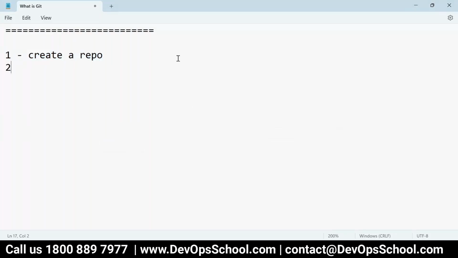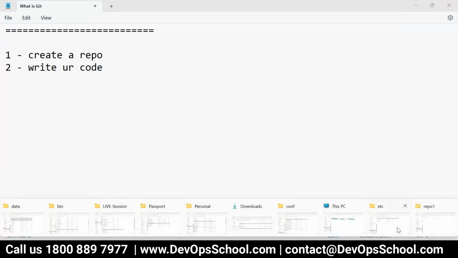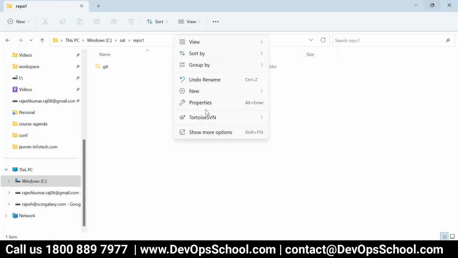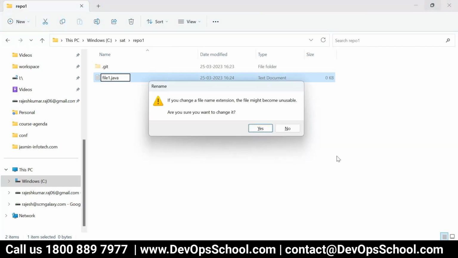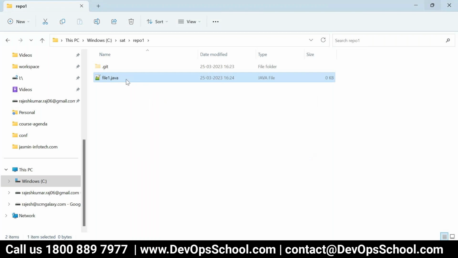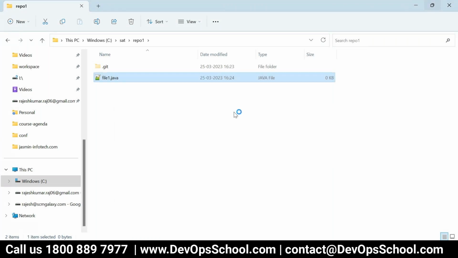Now you want to version something, correct? So create your file, write your code, simple way, write your code. So let me behave like a programmer now. So I'm creating a code here. So file1.java. This is my code, and here I'm writing some code, faking code. This we need to version, right?